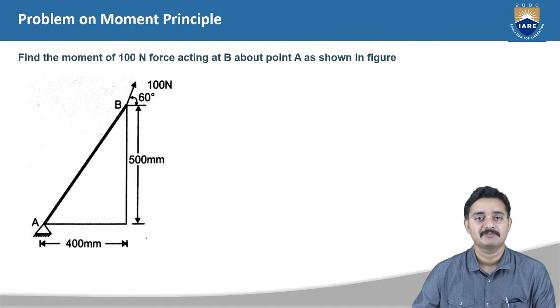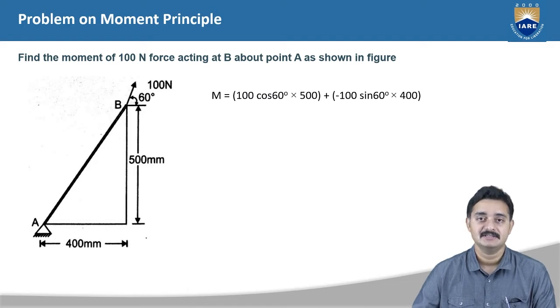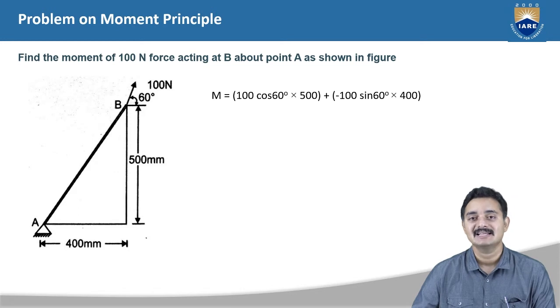figure. From the figure, the 100 Newton force can be resolved into its horizontal component as 100 cos 60 degrees and the vertical component as 100 sin 60 degrees. From Varignon theorem, the moment of 100 Newton force is equal to the sum of the moments caused by its component forces. Therefore, moment M is equal to 100 cos 60 degrees into 500 minus 100 sin 60 degrees into 400. Negative sign is used because for the vertical component force, the moment will be anti-clockwise direction with respect to the selected moment center,